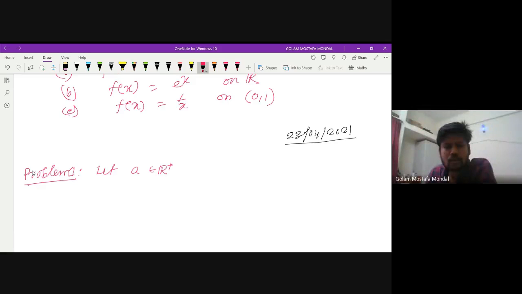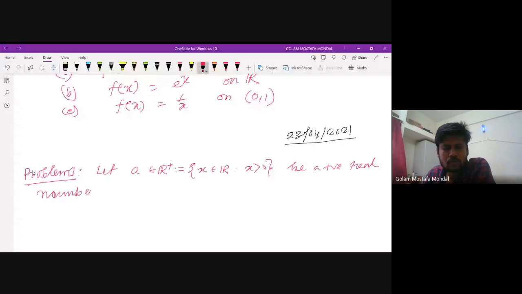So by R plus we mean this set of positive real numbers, so that